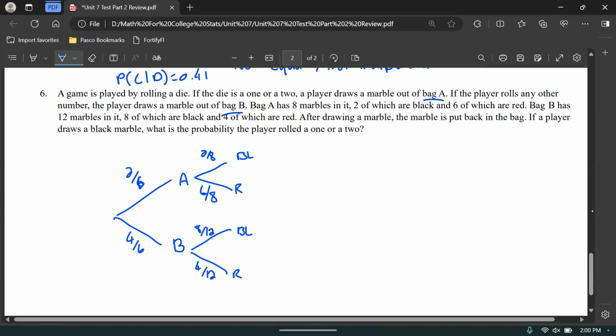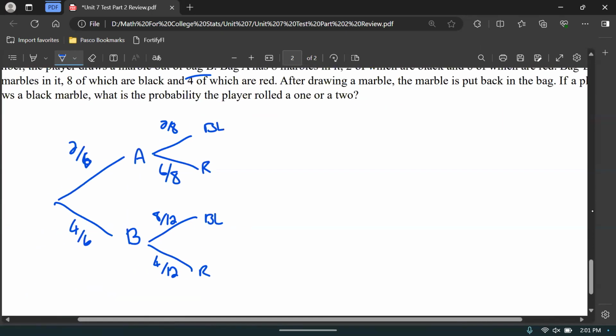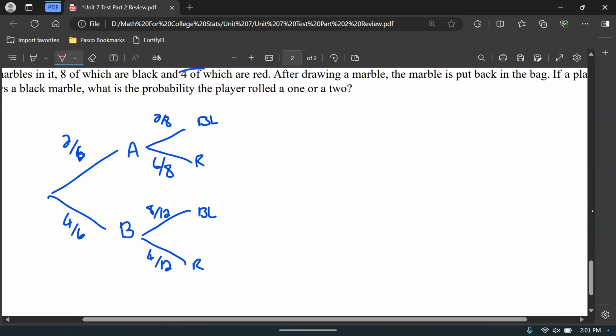After drawing a marble, the marble is put back in the bag. If a player draws a black marble, what is the probability the player rolled a 1 or a 2? All right, so we want to find the probabilities here at the ends. And for the sake of convenience, I'll put it in decimal form. So we have 2/6 times 2/8. So that's essentially 4 out of 48,